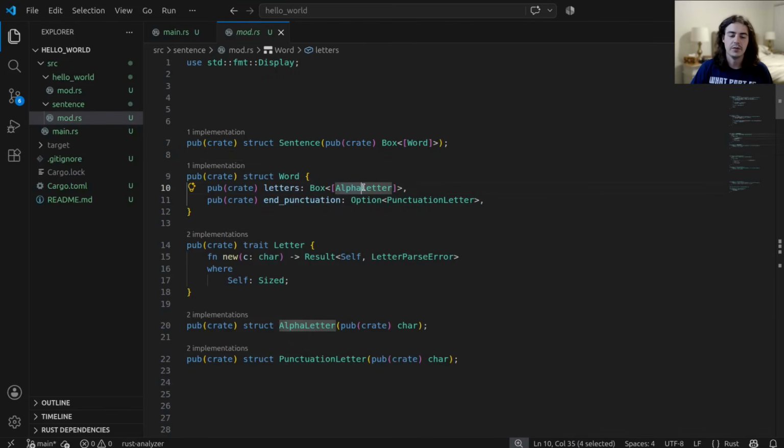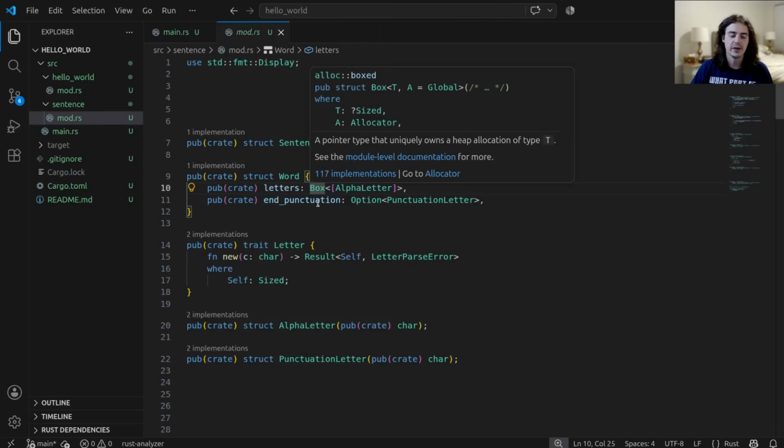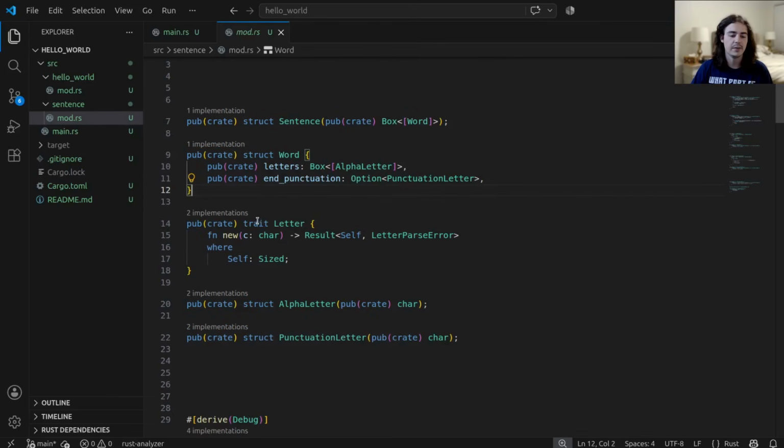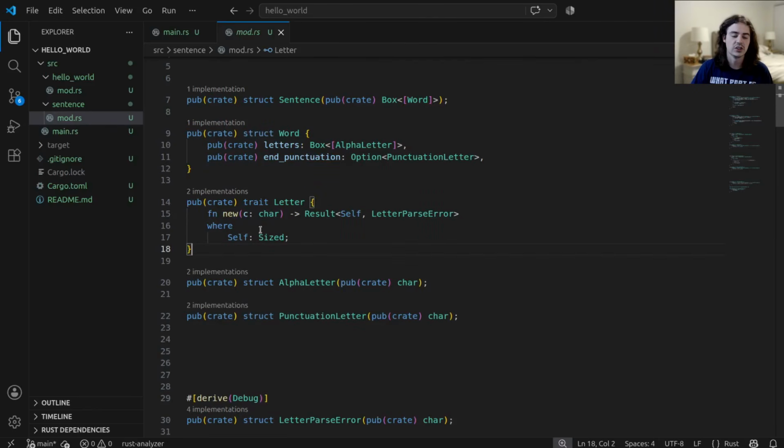and a word is a slice of alphabetical letters on the heap as well, and then it has an optional punctuation at the end, so that allows us to have the comma or the exclamation point at the end of hello world. And then I made this trait letter that both of these letter structs that I made implement, and it's just a new function that takes in a character and then returns whether it was successful or not,